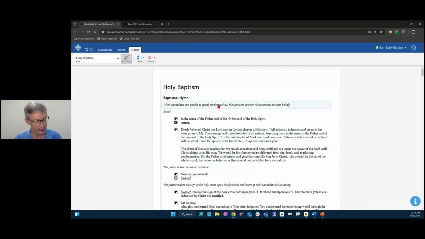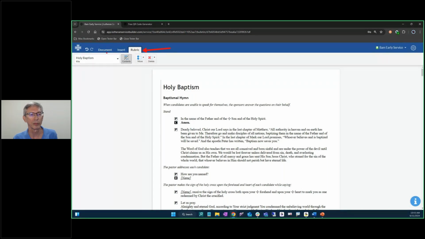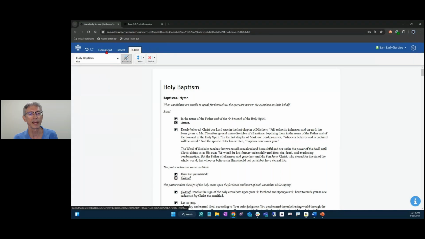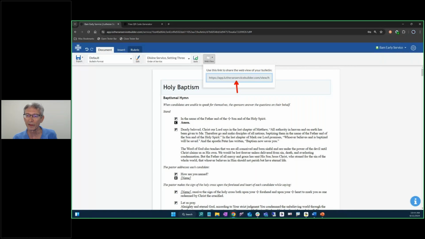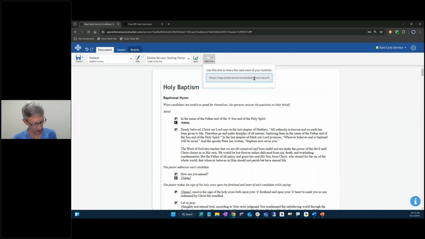So we've got our service together. Let's go back to the tab. The last thing that I clicked on was the rubric, but I want to go back to the document tab to export this service. And before we do that, let's do this quick little thing with the web view. So I'm going to enable web view. When we do that, it creates a URL on the internet for this order of service that we've been working on. Now a lot of churches will just highlight this URL right here and then copy it, and they can place it,